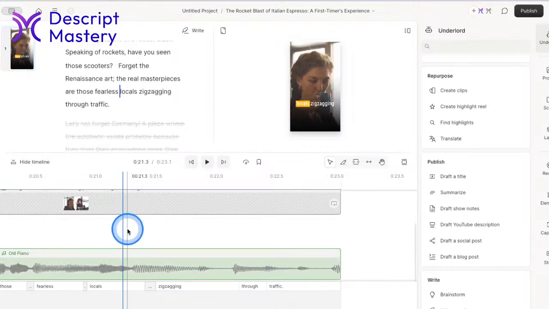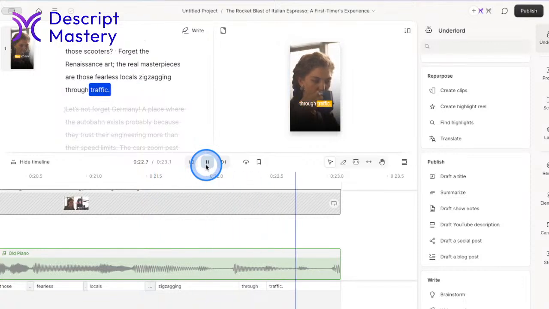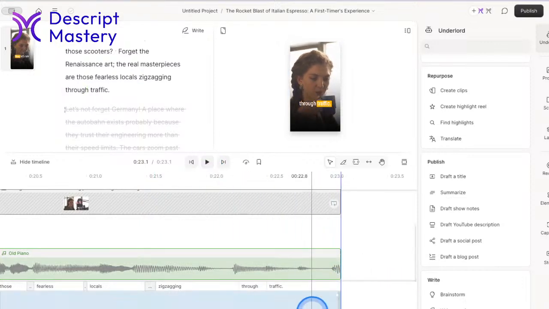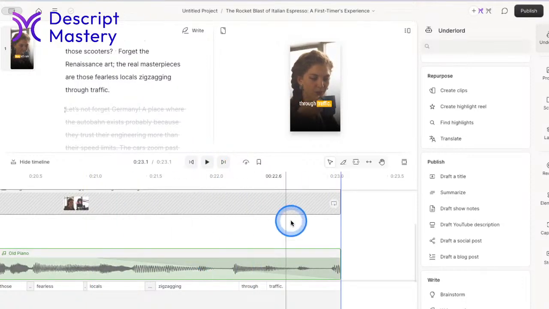Oh, one thing with the music is I mentioned how this is a 2-minute track on a 23-second clip. So it's going to abruptly cut off. If you see the sound wave, it kind of just hits a wall right there where it ends. That's not going to sound very good. So what we could do is fade it out. There's this little white dot right here. I could grab that, drag it to the left, and it'll gradually fade out the audio over the course of 2 seconds. Sounds much better, much more natural.